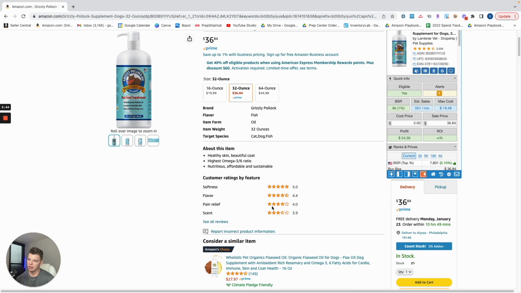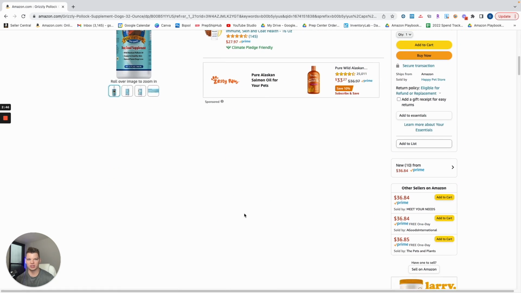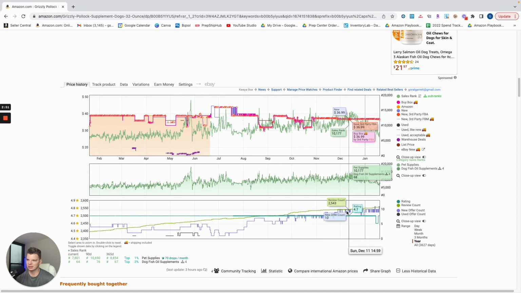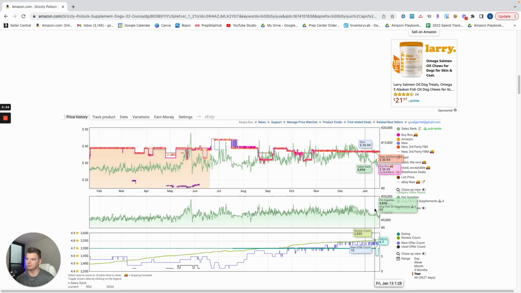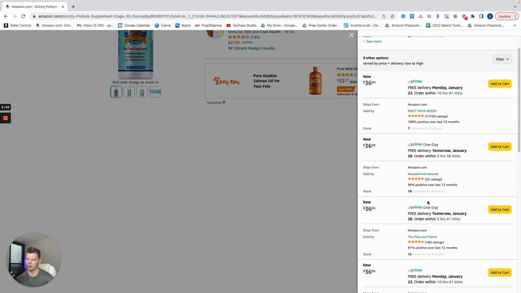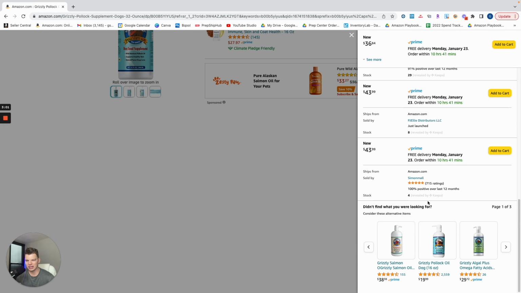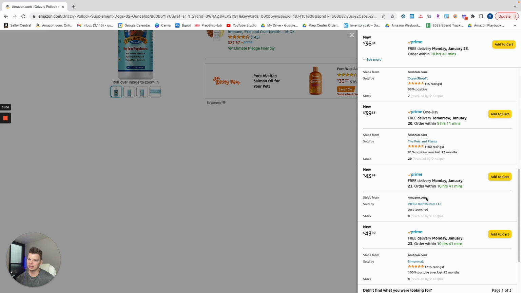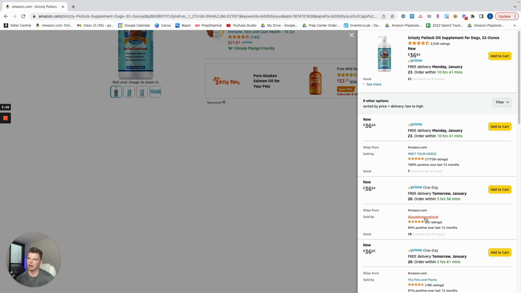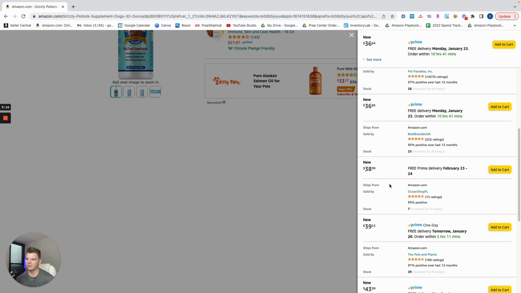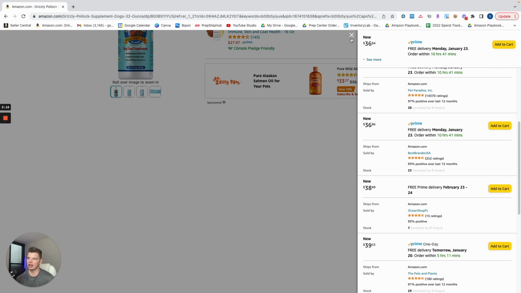Now, step two is to identify what sort of competition we'd be going up against. Now, in this case, it looks like about 9 to 10 sellers at this point. We want to gain a perception in terms of what price point they're all at. Competitive sellers are anywhere between 10% above or below what the current buy box is. And so we wouldn't really deem these two sellers competitive. So it looks like our price is at $36.84. So 1, 2, 3, 4, 5, 6, potentially 7 or 8, but somewhere between 6 and 8 competitive sellers based